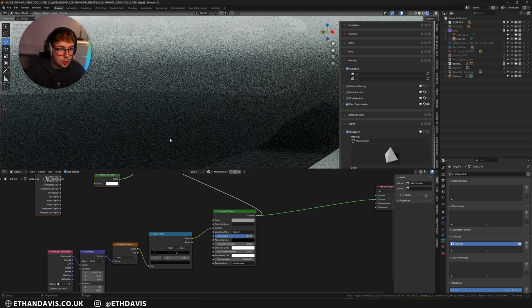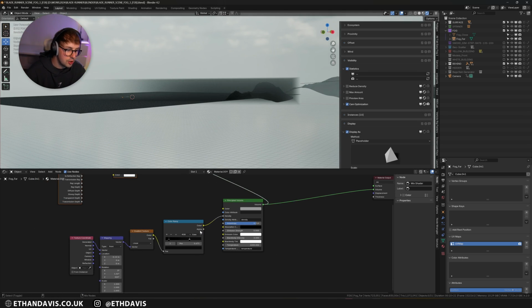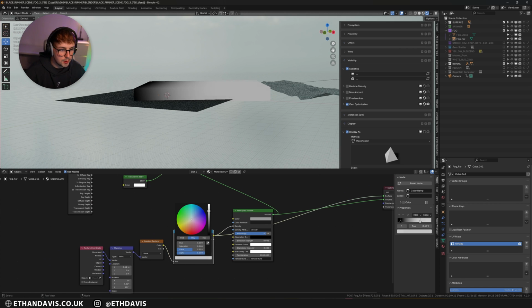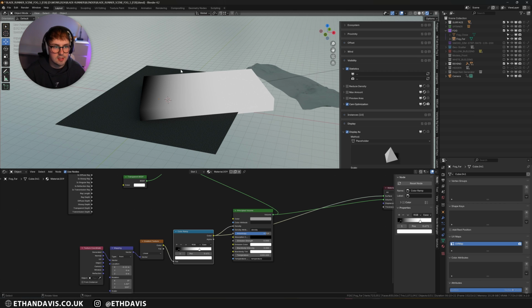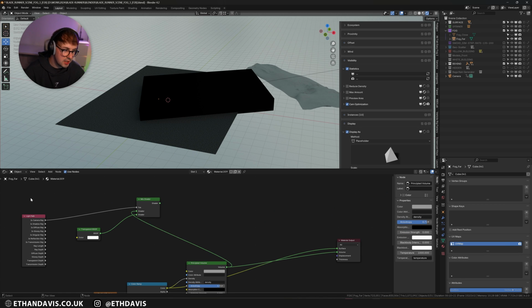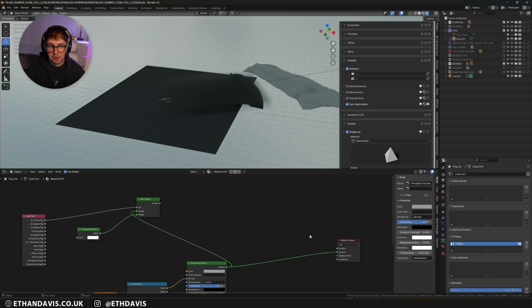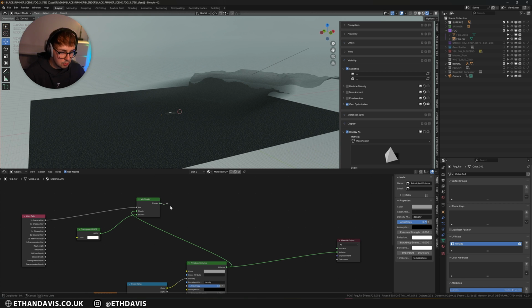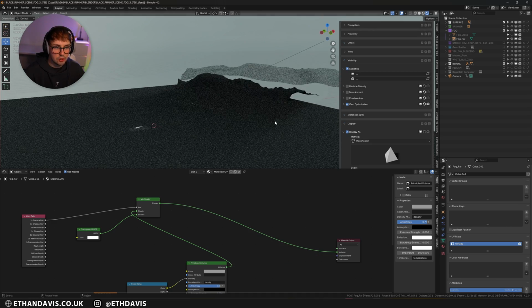But to do the gradient, I essentially just got a gradient texture, which, if I turn this all the way up, just controls the density, and then I plug that into the density. Now this shader here is because I was having a hard time rendering out fog separately, and a lot of people probably have this problem, because there is a bug where if fog is touching an object, you might not be able to render it out separately. But basically what this does is make it transparent but still cast a shadow.